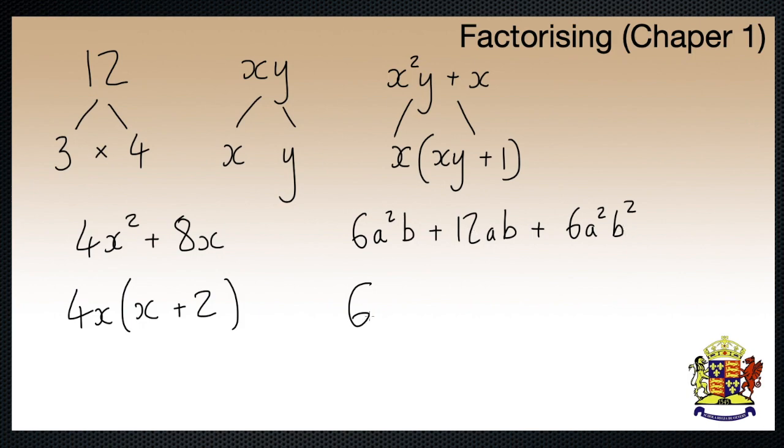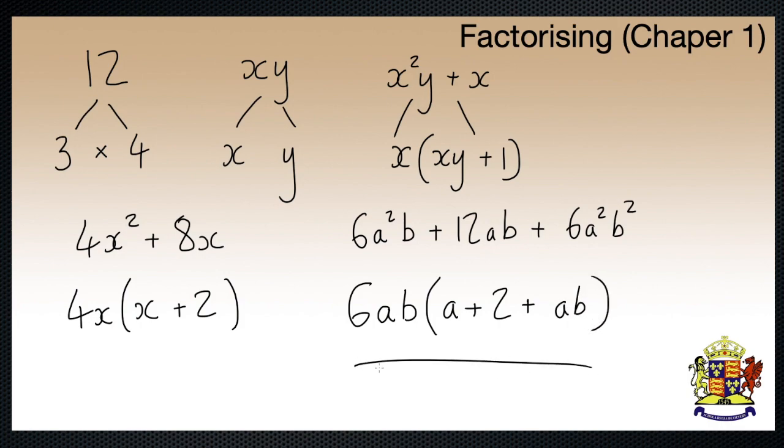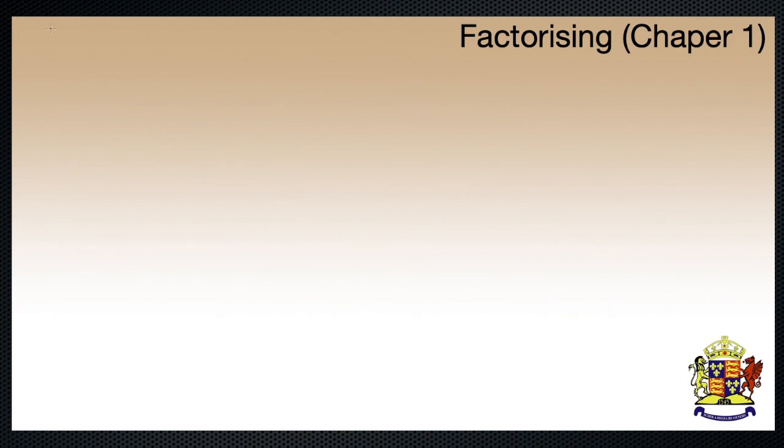We have an a in each one, and we have at least b to the power of 1 in each term. So put 6ab outside. What do I times 6ab by to get this term? Well, I times it by a. What do I times 6ab by to get 12ab? 2. And finally, what do I times 6ab by to get 6a squared b squared? Well, that is just ab. Okay, so we can do single bracket factorisation, and hopefully that isn't going to cause too many problems. We will also have factorised